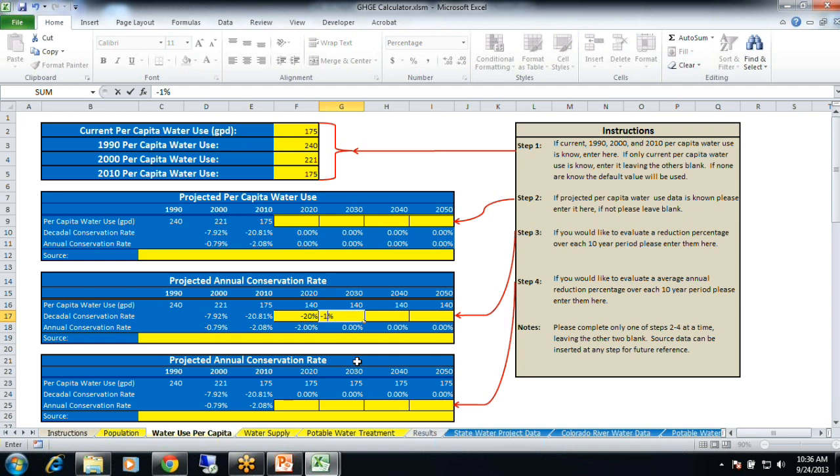You can analyze that here. So by 2030, you want to be down another 10%. Then you could set a different goal where you look at an annual reduction and what that would do. You can insert that down here. But I'm just going to continue on with decadal. So you did a 10% reduction each decade.